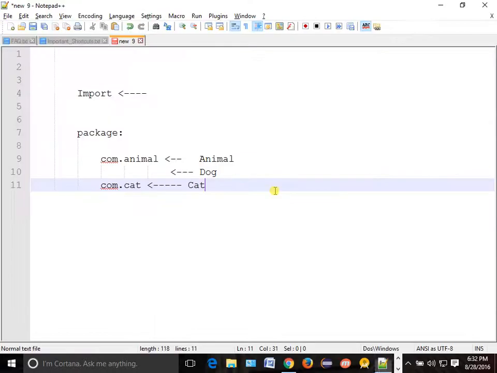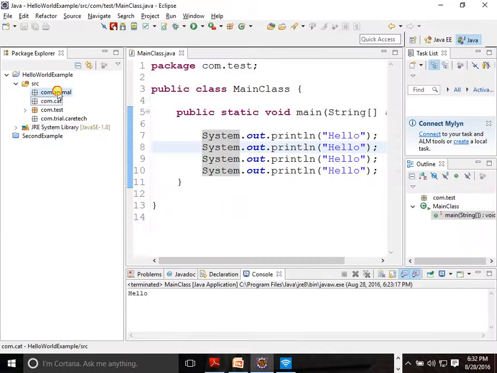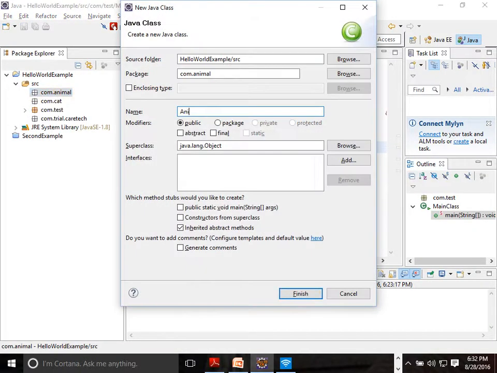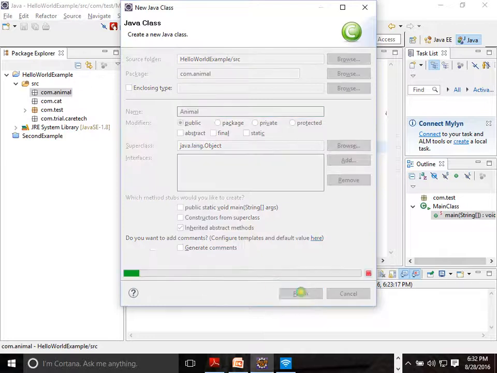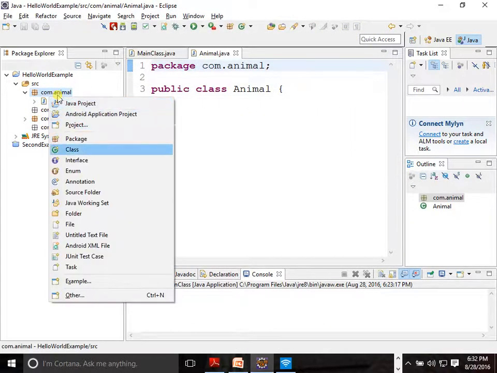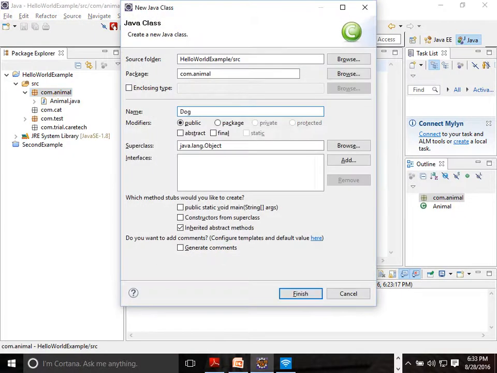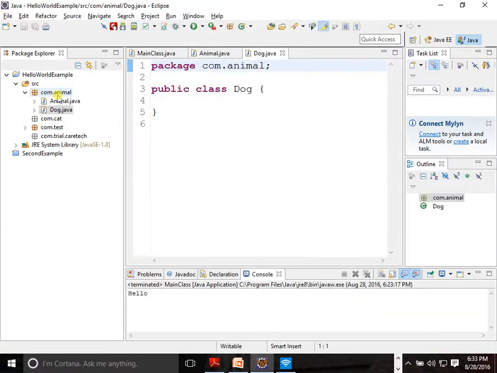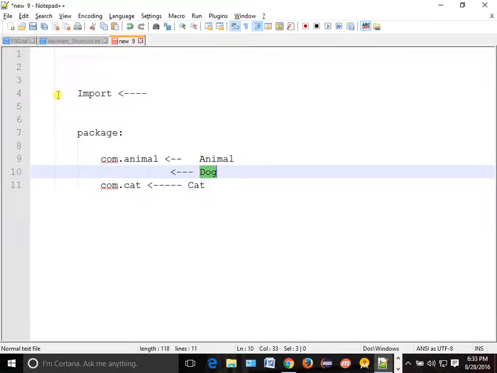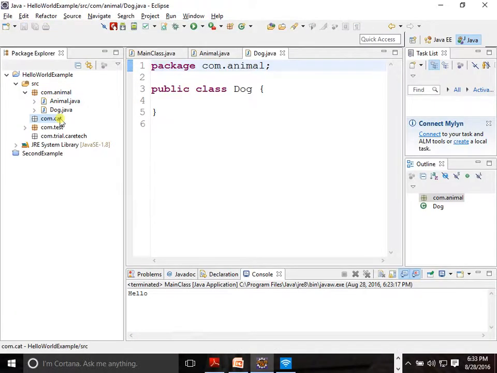Inside animal, what classes are there? Animal and dog. So we'll go here and create class animal. What is the other class? Dog. There are two classes, animal and dog. And what is the other package? Cat, where I want to create one class called cat.